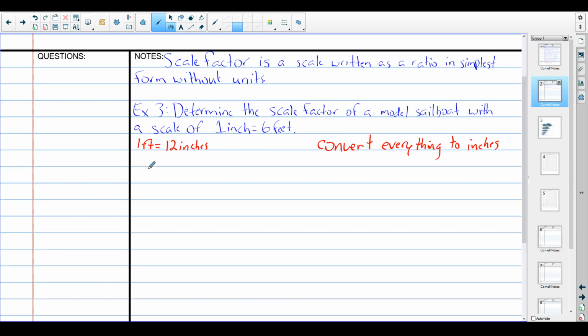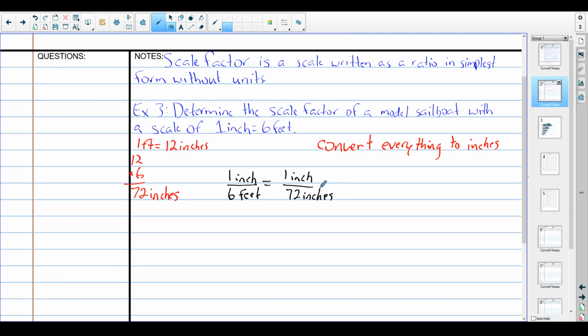So if we have 6 feet, it's going to be 6 times 12, or 12 times 6, which gives us 72. And then this is in inches. So now we can substitute, instead of saying 1 inch over 6 feet, we can say that's equivalent to 1 inch over, and we said 6 feet was 72